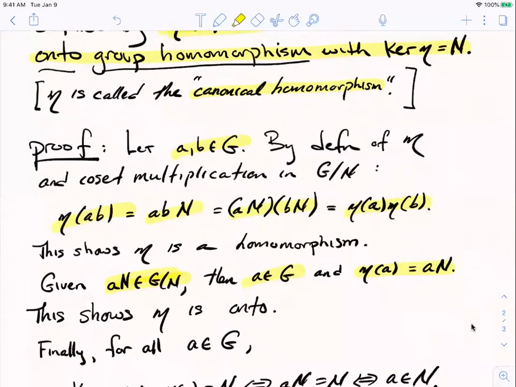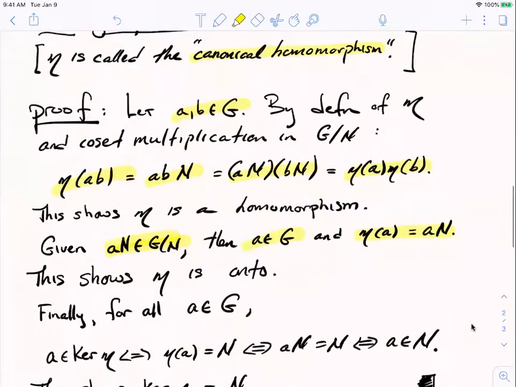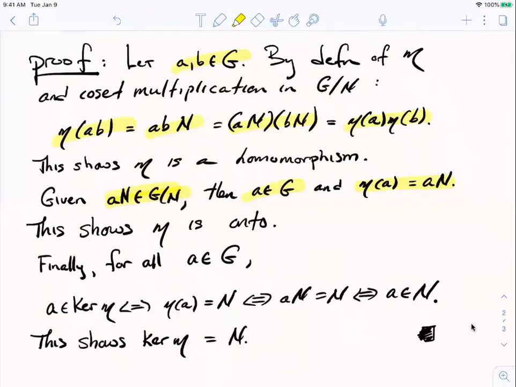All right. So what else do we need to do? We need to show that its kernel is N. Let me scroll back up here for a second, just to remind you that that was the third component of this statement. This function is a group homomorphism, we've shown that. It's onto, we just did that, so we've got to show what its kernel is. So let's calculate its kernel. How do I do that? I always pick an arbitrary element A of the domain, and then I ask myself, what would it mean for that element to be in the kernel of eta? Well, it's in the kernel of eta if and only if eta of A is the identity, and the identity in a factor group, remember,